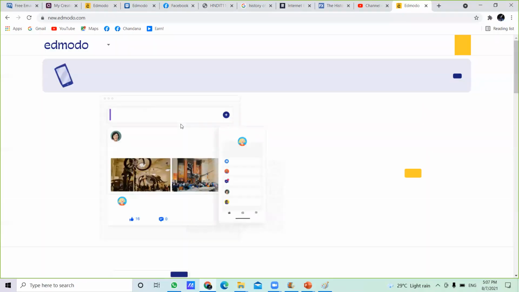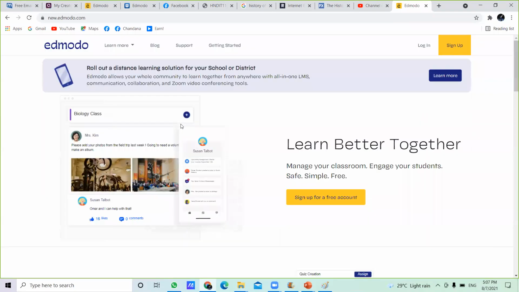Right. Once you select this Edmodo one, you will move to another screen. This is the home screen of your learning management system. In this screen, the first thing is to create your student account. Once you create your student account, from that point you can choose a login option to access the student account.